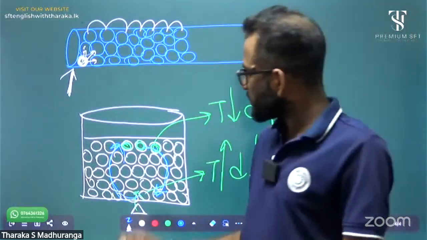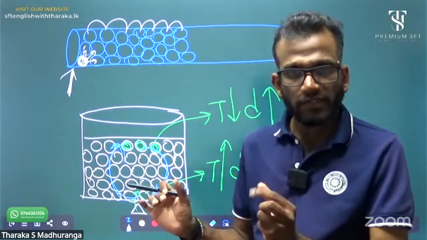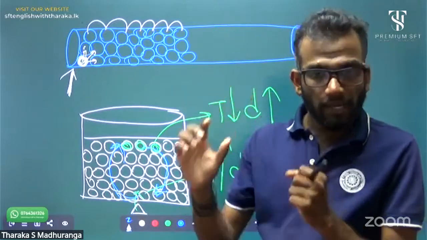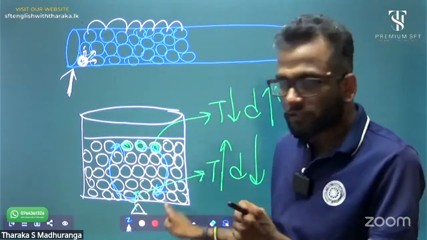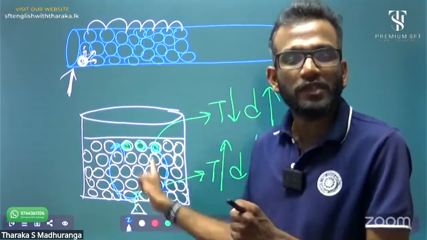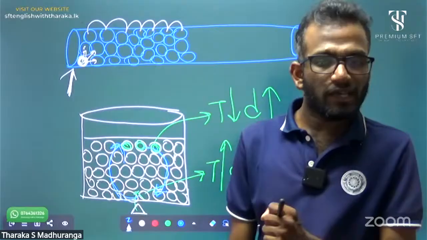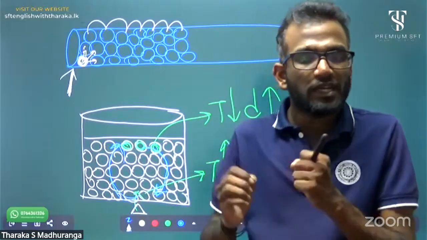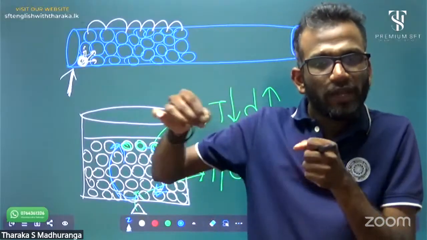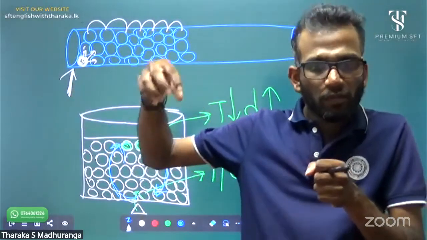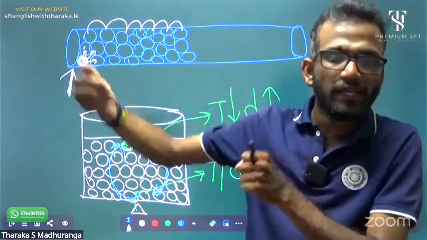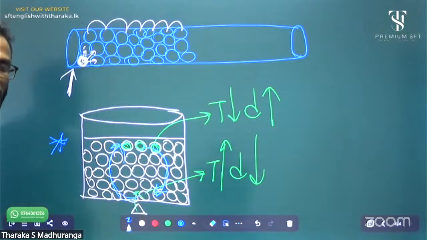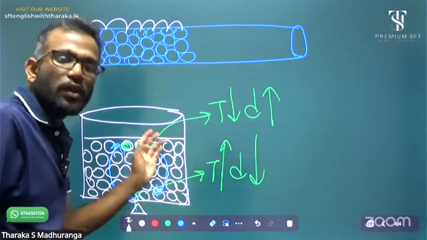Understood? Due to this temperature difference between molecules, there is a density difference. Due to this density difference, heat energy is transferred by molecules circulating. That we call convection. What's the main difference between conduction and convection? In conduction, there is no net molecule movement. Molecules stay in the same place and vibrate, and heat is transferred from molecule to molecule. But in convection, you can see the molecules have net movement, transferring heat.